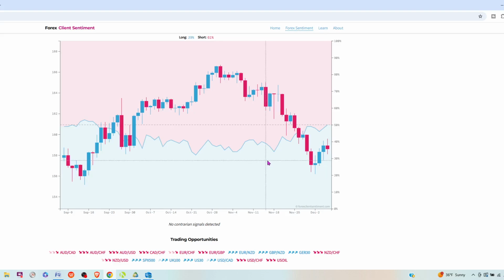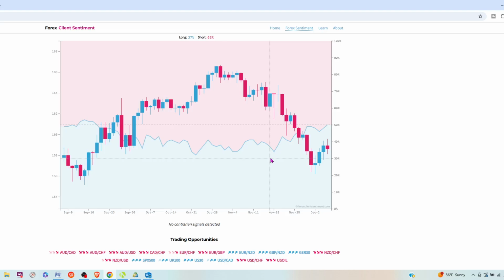So again, there's a couple of ways you can do it. You can do it just when it crosses from one color area into the other area, which for this pair would have been as soon as we got this close right here, then you could start shorting, and you can see you would have had basically 2 solid trading days of it going in your direction. The first day it really didn't do anything on this little blue doji, but then the next 2 days it went down. Now we're bouncing again.